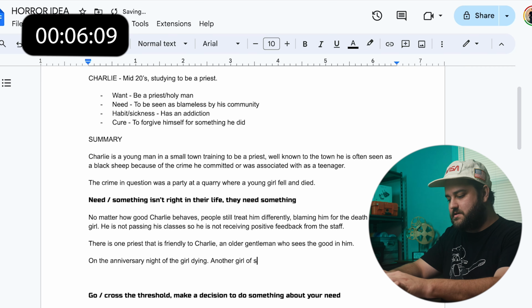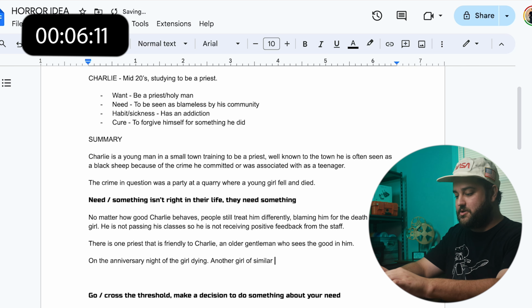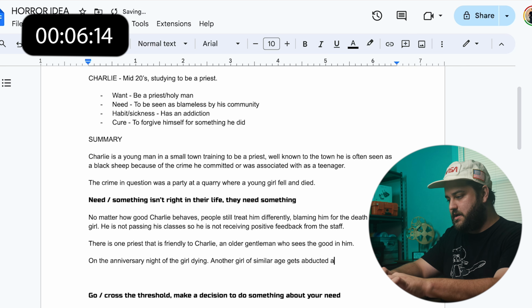Now this is interesting, spiritual horror, right? Okay, so what's something that could happen that denotes spiritual ties? It depends on how gross we want to go. I am a massive weenie when it comes to horror movies. I don't know why. It was fate that it was this one. On anniversary night of the girl dying, maybe another girl of similar age, that's interesting, another girl of similar age is, well, we'll just make it simple for this, murdered. I don't like writing about murder, about things like this. So anyway,